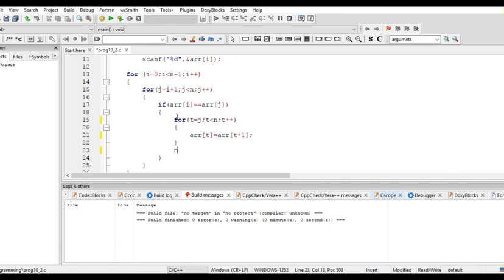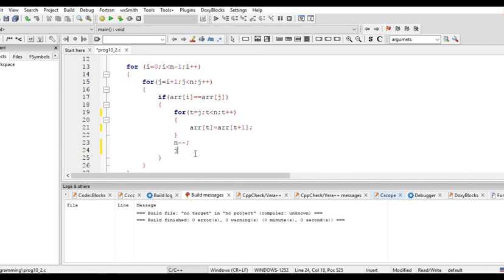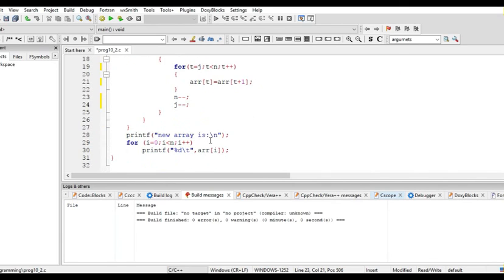I shall decrement the array size if any of the elements have been matched, and also the value of j. So this is how the program works.